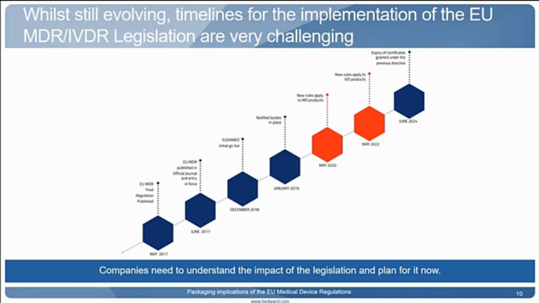By the end of next year, so by the end of 2018, the expectation is that the UDI database will be available and the new notified bodies will be defined and in place. And then from May 2020 for medical device products, and from May 2022 for IVD products, that's when the regulation will be effective. Now, the impact around how products will be phased in and re-registered is not clear yet.